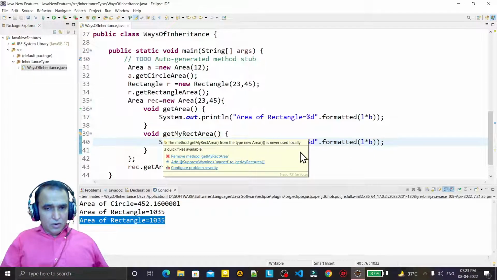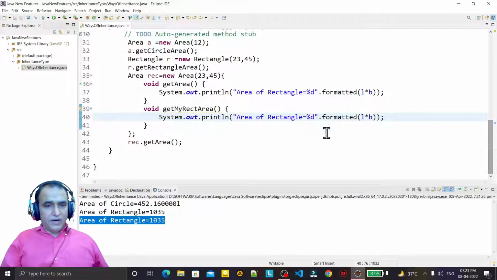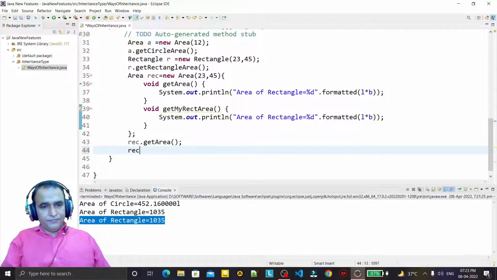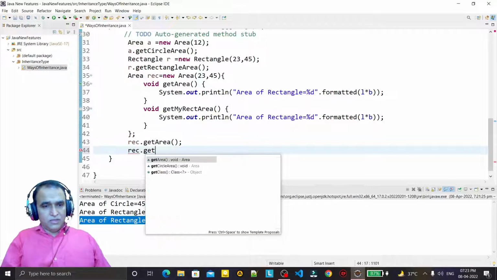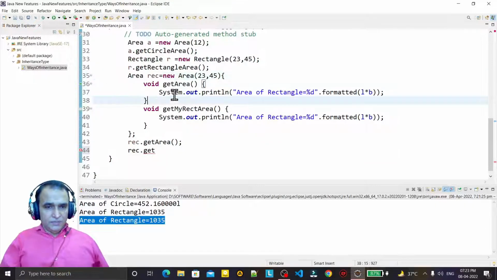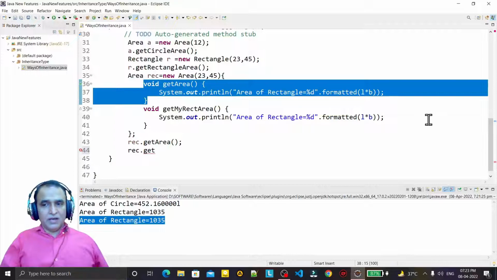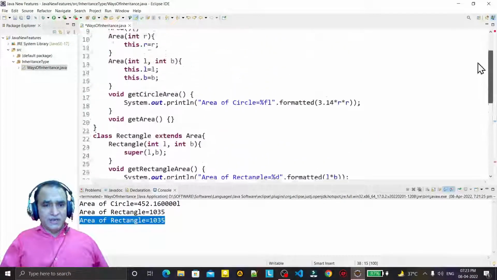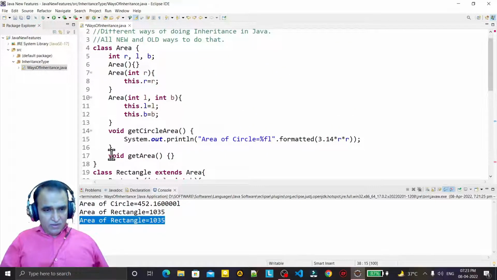It is locally created, and if I try to execute it here, this function is not coming here. Why? Because of the rule of upcasting. Because we are doing upcasting, this Area class will recognize only the methods that are available in the Area class. So this get area I created because this function is available here.